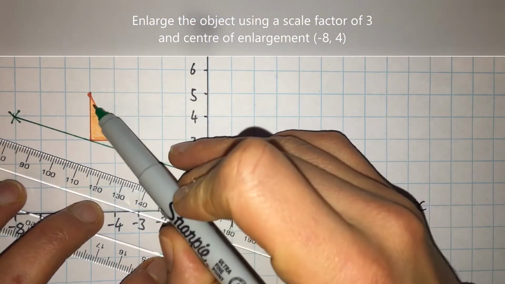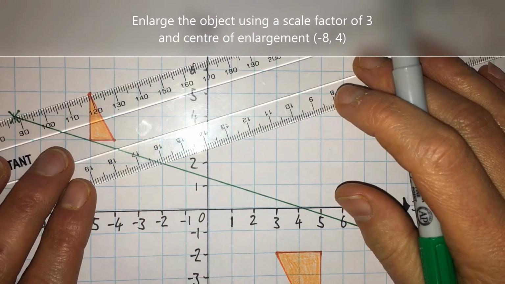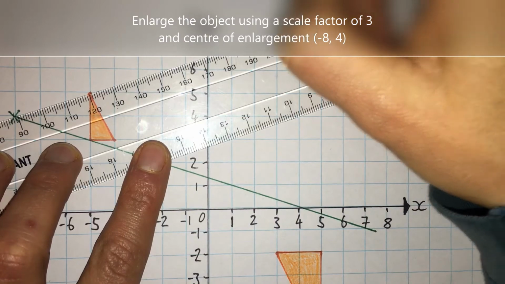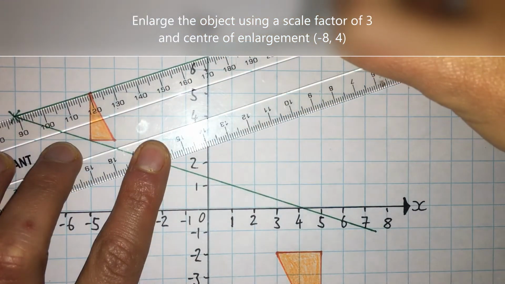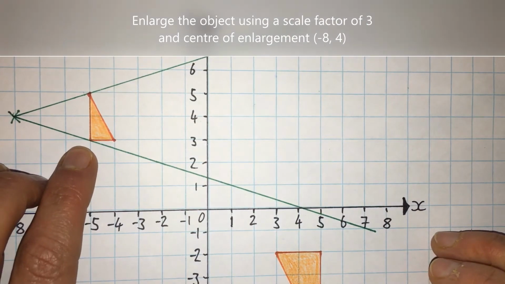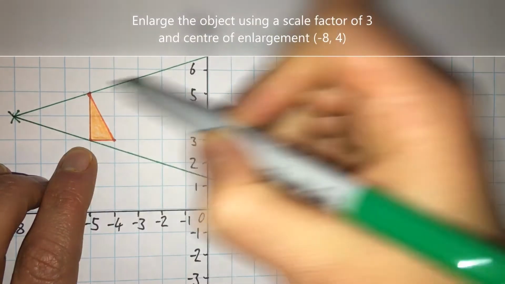There's one there, and I'm going to choose this point up here as well, lining it up carefully. So when I enlarge this shape by a scale factor of 3, it has to fit somewhere within these guidelines